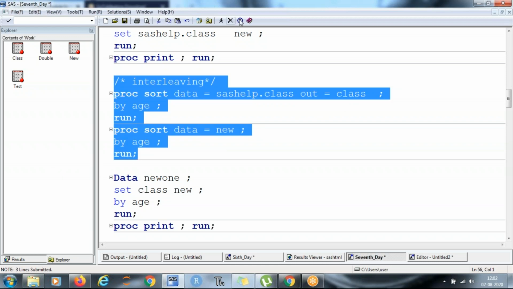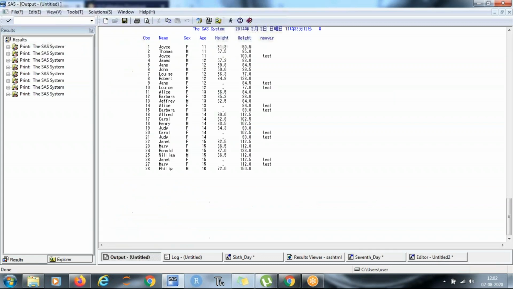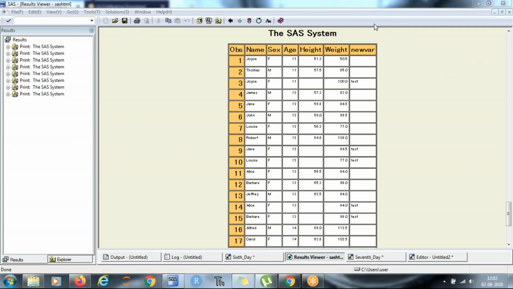So once I have both the data sets, I can run this command. Do you see now that the stacking, or interleaving, is a little different? The data is sorted, and as and when the observation occurs, it is stored there. So first store the 11s, whichever data set they come from, then 12, then 13, then 14.